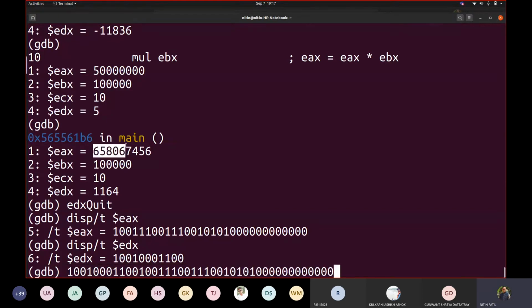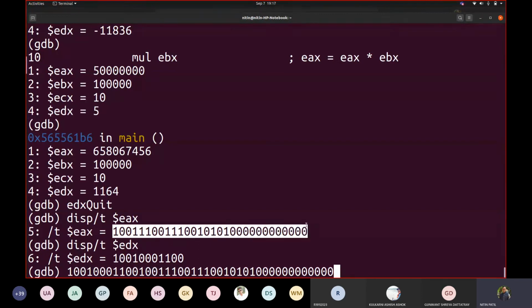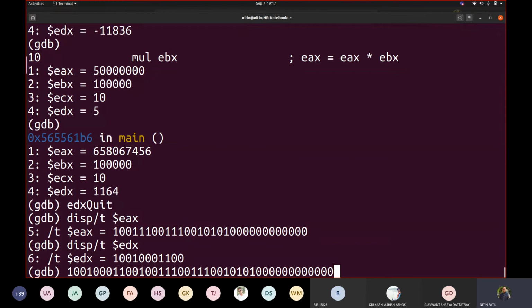So what is this representation showing? This representation is showing the conversion of this binary number to a decimal number, and this 1164 is showing this one. So say for example 4 plus 4. This is 128, 256, 512, and this is 1024. So 1024 plus this value plus this would result in 1164. Fine, and that's how this is displayed.